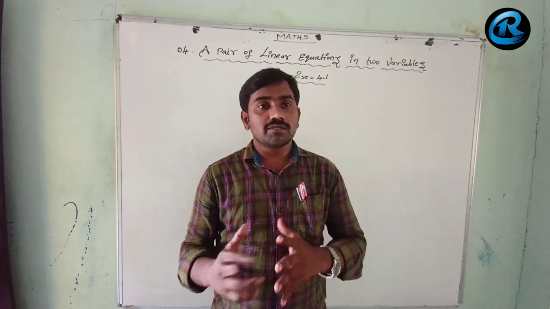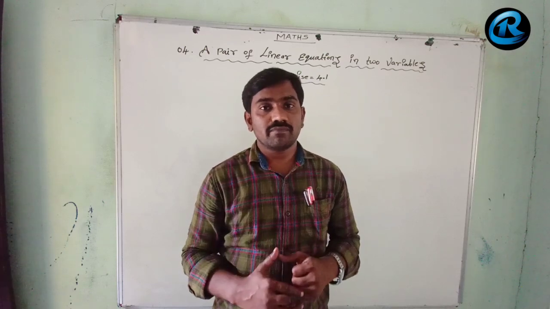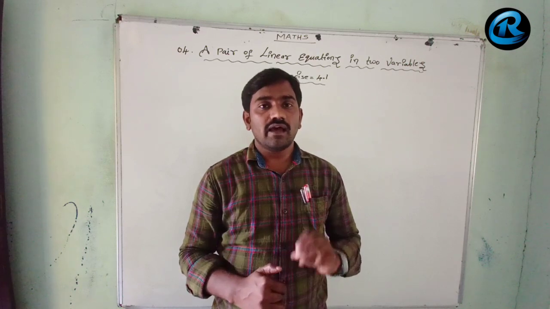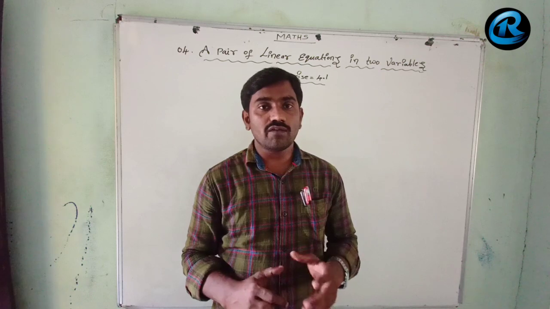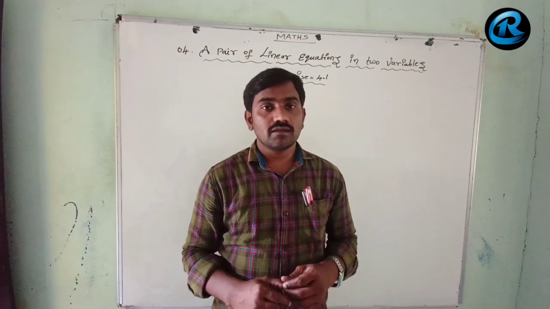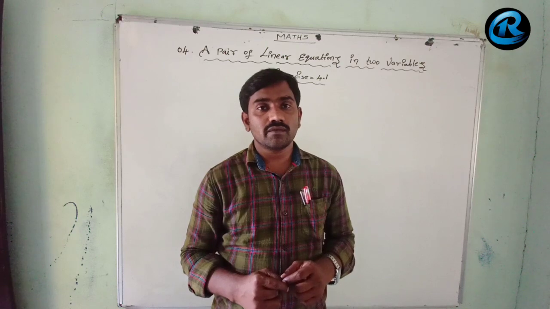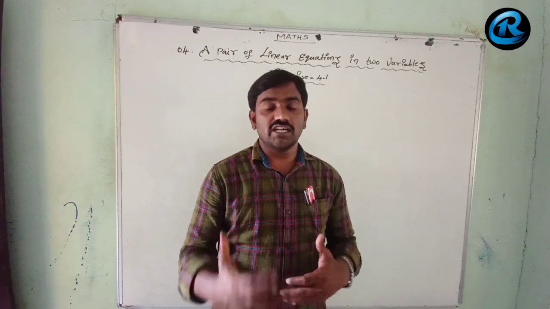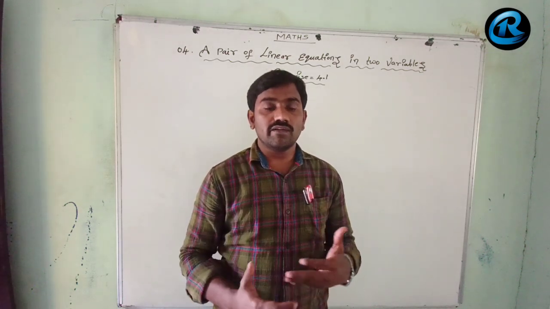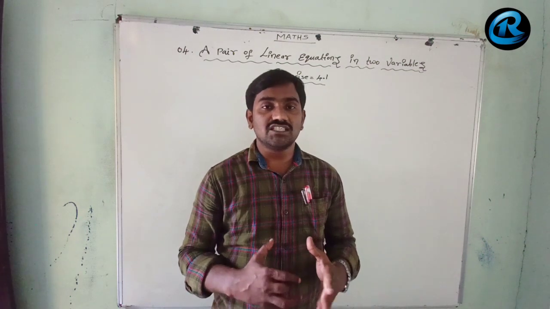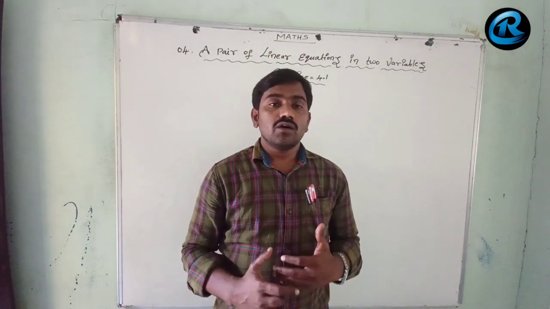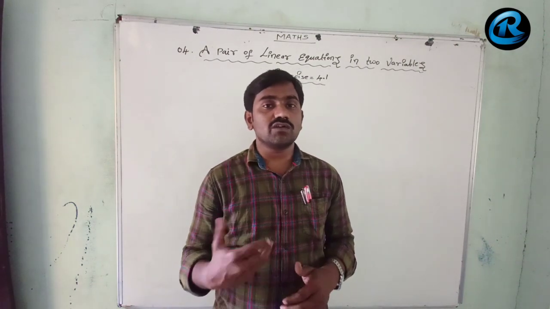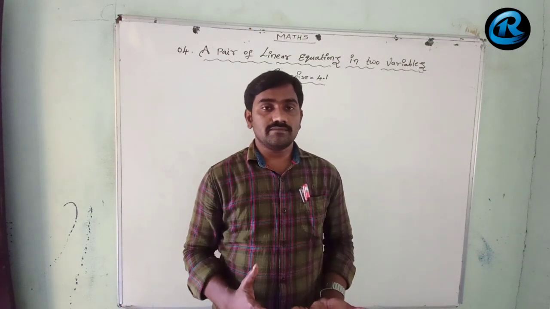we get three types of graphs with the given equations. One is intersecting lines, the other one is parallel lines, and the third one is coincident lines, also known as dependent lines. Here we can find out the solution. In the intersecting lines, it has only one solution. It can be consistent. That means we can tell the solution, so it is called consistent. In the coincident lines, where a1 by a2 is equal to b1 by b2 is equal to c1 by c2, it's called coincident lines.